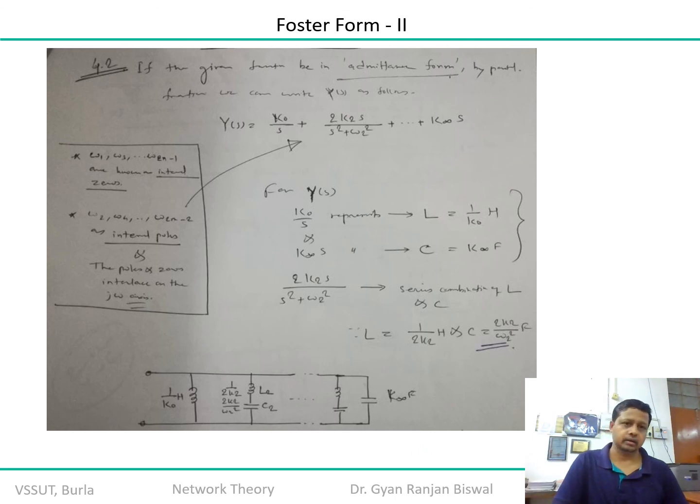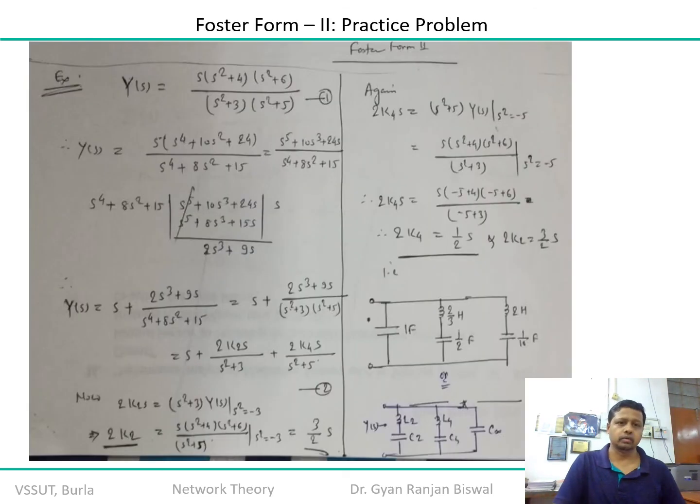Let us try to realize one problem and apply the first order form over that particular form. Okay. So you see that now the same problem is given, because in the previous problem we considered an application where the synthesized network is represented by an impedance transfer function of s into (s square plus 3) upon (s square plus 5) in the denominator, it was s into (s square plus 4) and (s square plus 6). So therefore the admittance function will be the reverse of the impedance function. So now it is s into (s square plus 4) into (s square plus 6) upon (s square plus 3) into (s square plus 5).